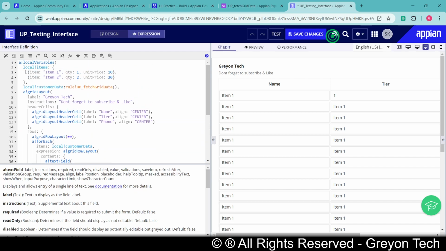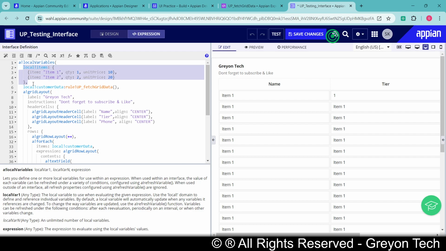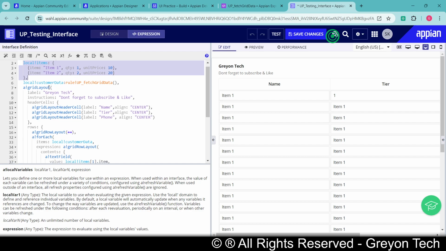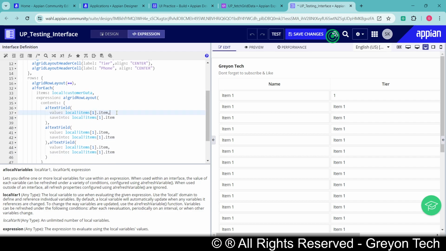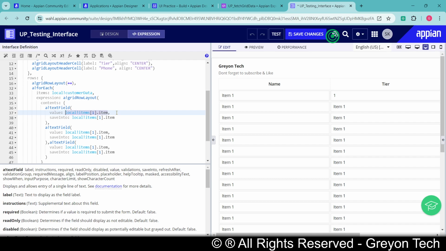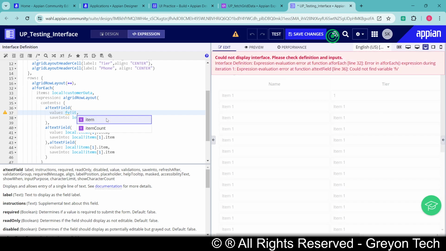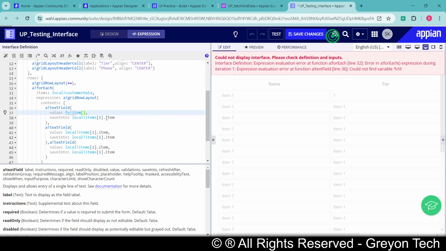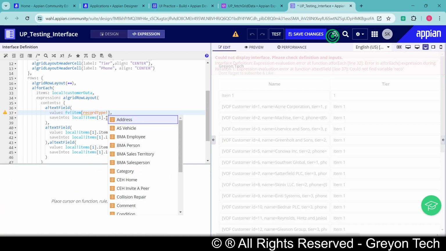Local bank items is just like a normal dictionary variable which is pointing to three values as keys. But in our case, now we have to implement the local bank customer data, which is bringing data from VOF customers. So what I will be using here in the text field, the populating value should be coming from this loop item. So it will be FV bank item,